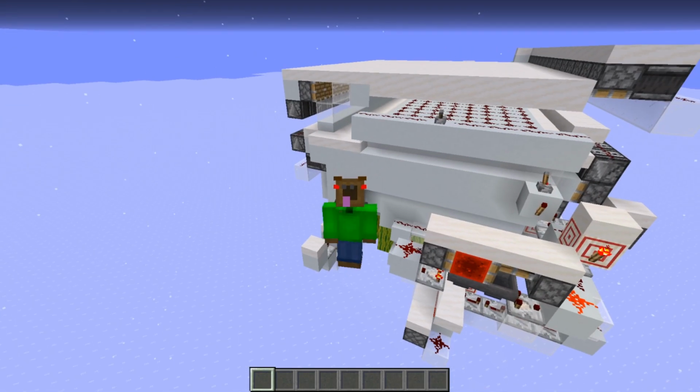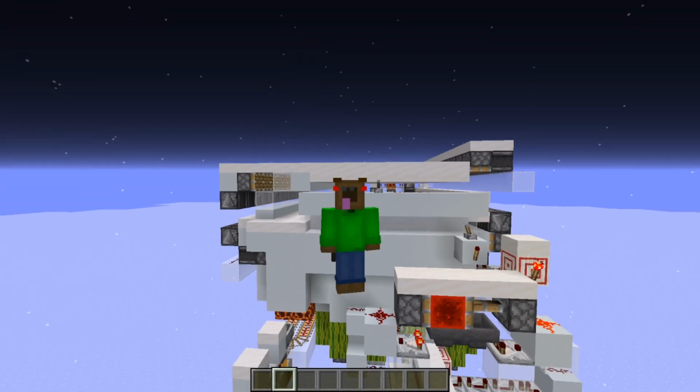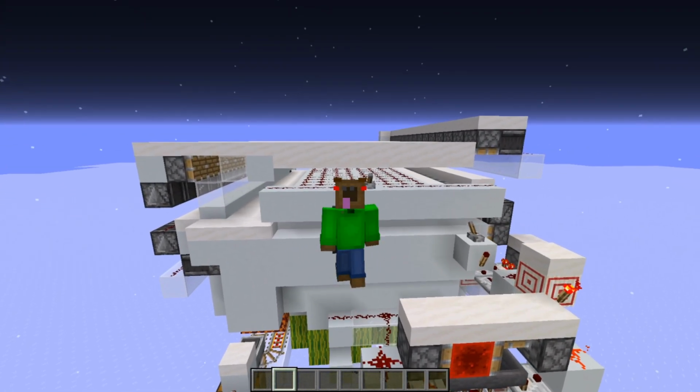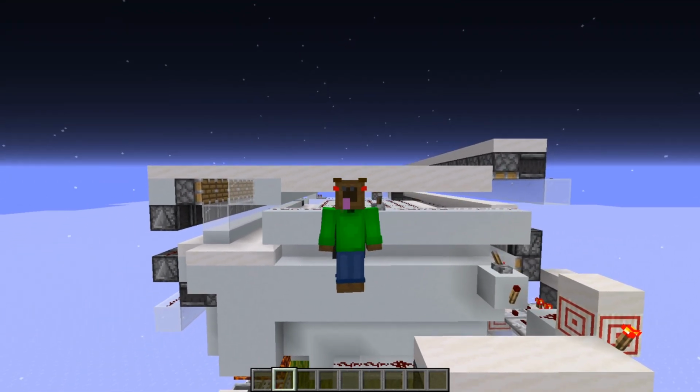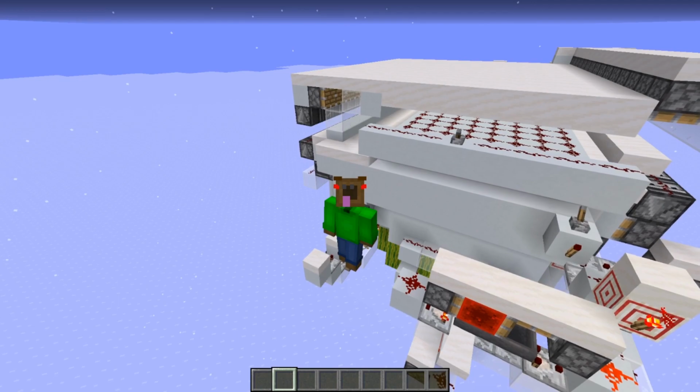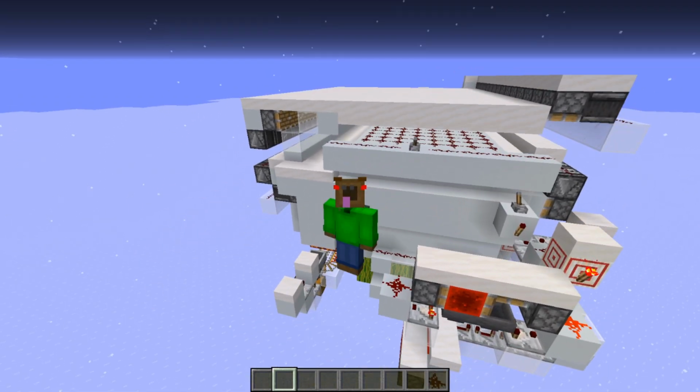Hey guys, welcome back to another video where today I'm going to show you this selectable mob farm that I created recently. This is just a concept, so I'm not going to be making a tutorial on this video, except I will be leaving a world download in the description below if you do want to check this thing out